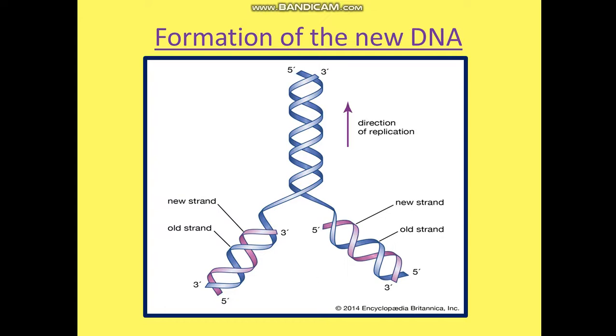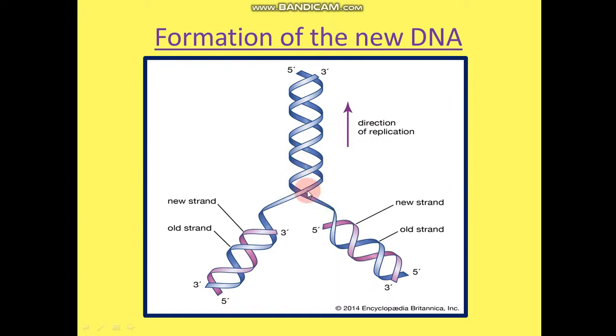Just see this diagram. Here you can see a DNA double helix. This structure I have told you. This is a DNA double helix. During the DNA replication, synthesis, we call it by a scientific term DNA replication. So when DNA is replicating, it is unwinding. You can see here the two strands are unwinding, they are separating.